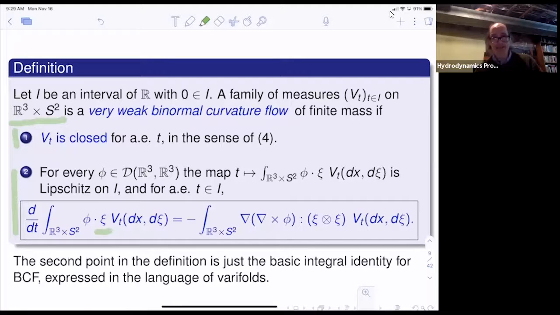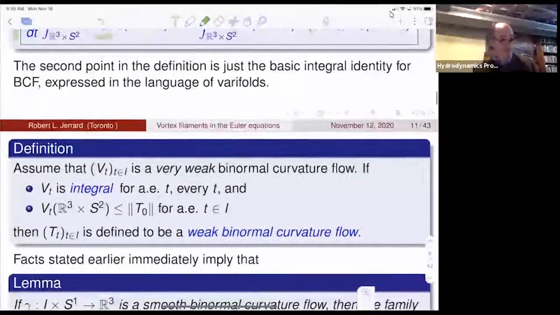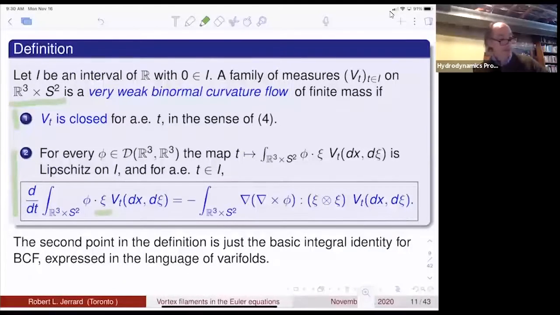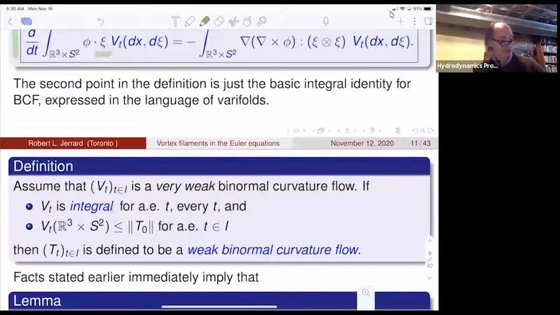I'd like to strengthen it in a couple of ways. So one is we can ask for it to have more geometric structure. Okay, so this was very weak. It'll be weak if it has more geometric structure, so it's integral. So in this case, it looks like a bunch of Lipschitz curves. And then I want to add a crucial additional point, which is I would like to ask that